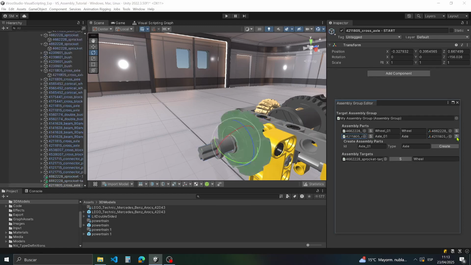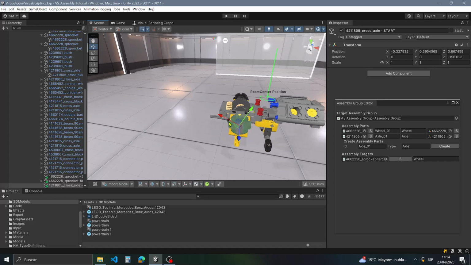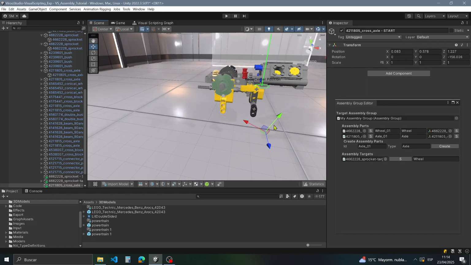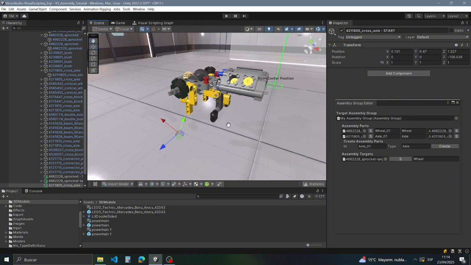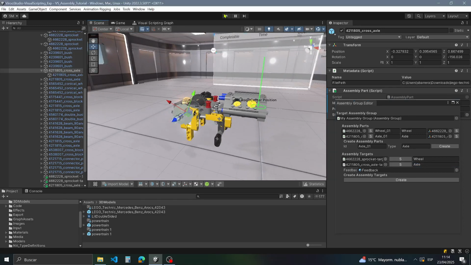I can move its starting position to another one. Let's move it, for instance, here. And I'm going to create an assembly target for it using the same feedback. I'm going to hit create, and now I have an axle kind target. So if I hit play,